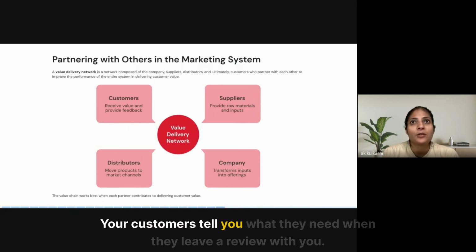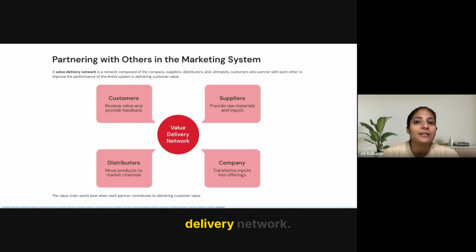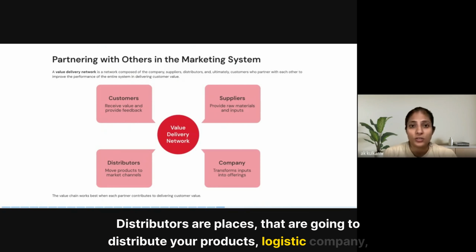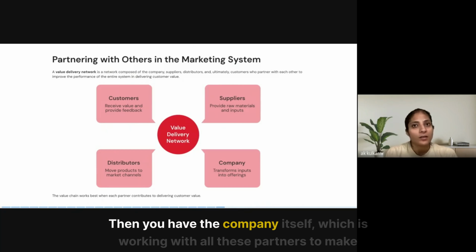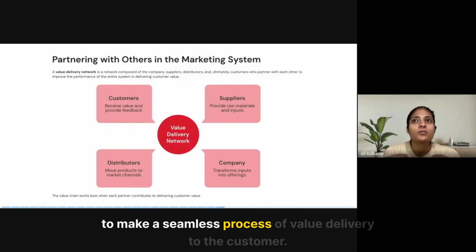Your customers tell you what they need when they leave a review with you. So it's very important to be listening to your customers and making them a part of this delivery network. Distributors are organizations that are going to distribute your products. Logistic company, as we mentioned. For cars, it can be showrooms. Then you have the company itself, which is working with all these partners to make a seamless process of value